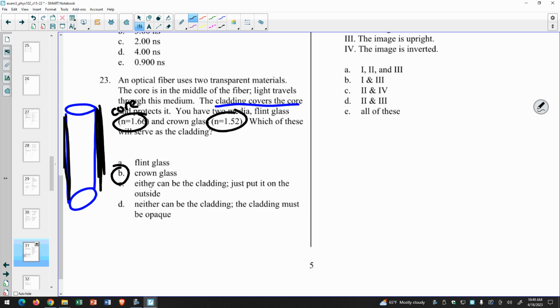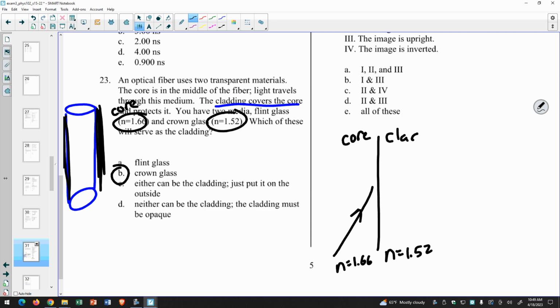Why is that? If I imagine my light ray coming in here, I have n equal 1.66 and n equal 1.52. This is the inside of the core. This is the cladding. I want it to be such that when this refracts, it doesn't refract into the cladding. So if I imagine my light rays coming in, I want this ray to refract so that it's bent along that